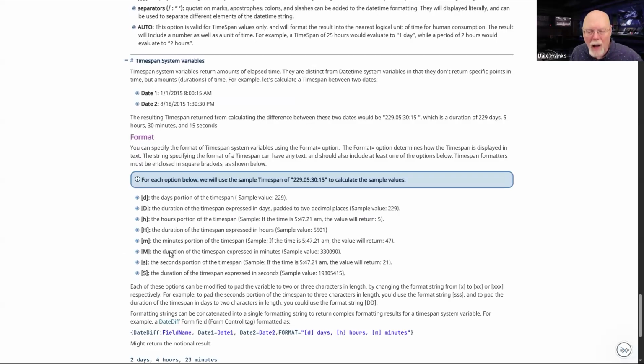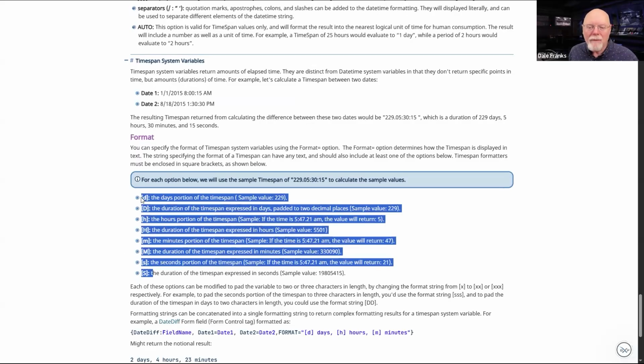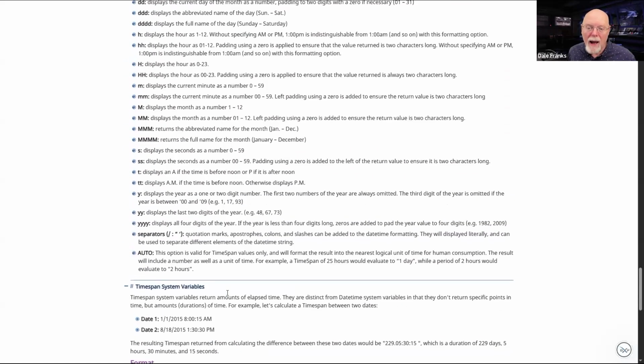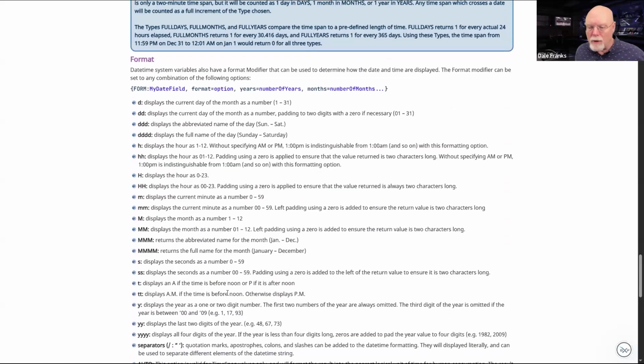So that's why time span system variables have those square brackets around them that denote them as formatters, whereas there are no square brackets around date time data types because there's a much more limited way of expressing date times.